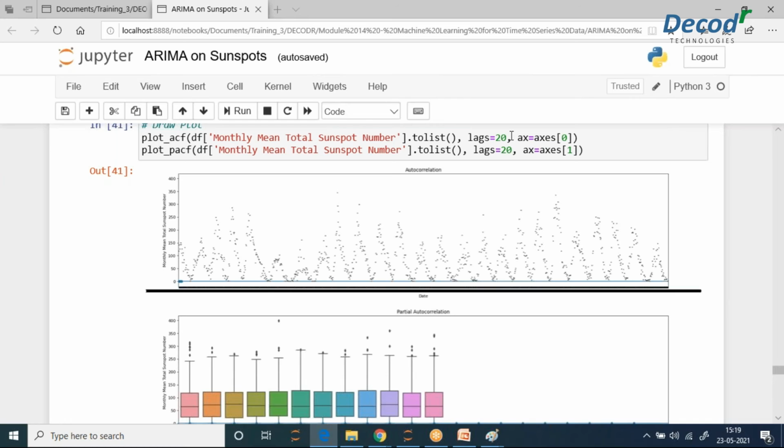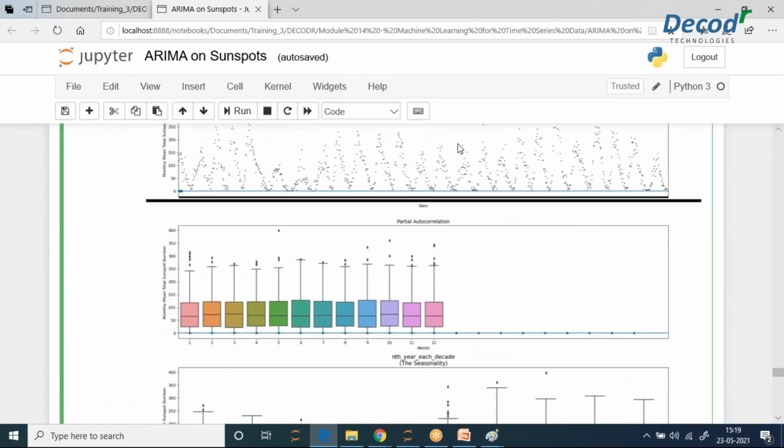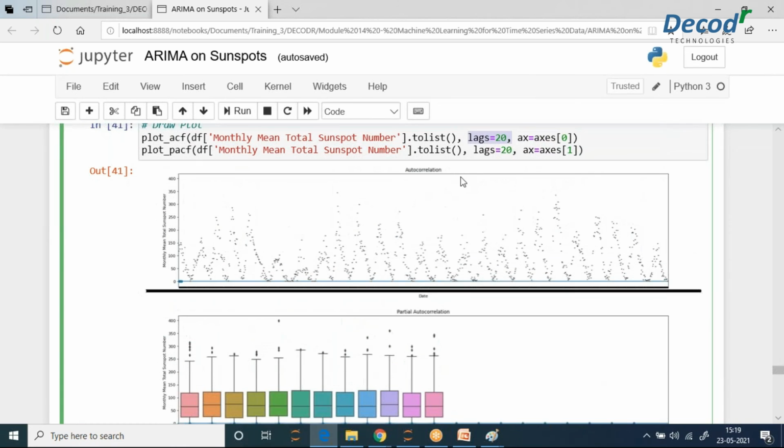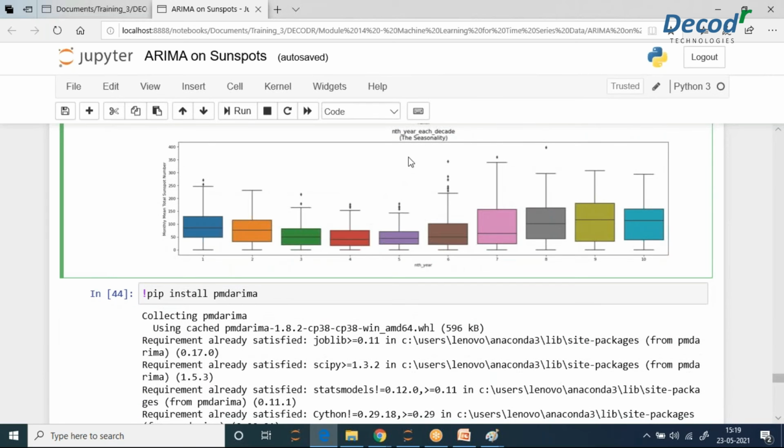We have done 20 lags over here and we are looking at the values. Date wise, as previously, we didn't find out much information. Then here we see monthly also, not a big difference. But when we talk about decades, each decade, then we see a pattern. For every decade, at the beginning stage it decreases, and at some point it starts increasing.